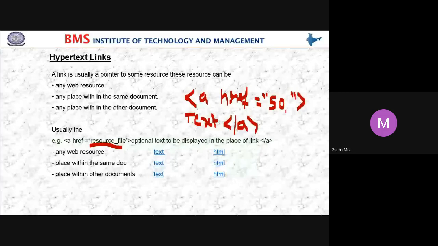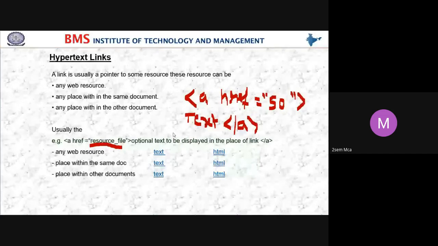This is the syntax of a hyperlink tag, that is a href is equal to the source, close the anchor tag, the text, and the closing of the anchor tag. What that text is, I'll tell you, students.